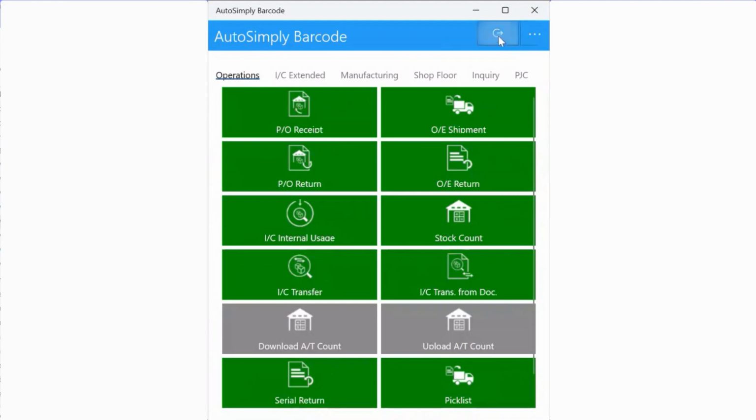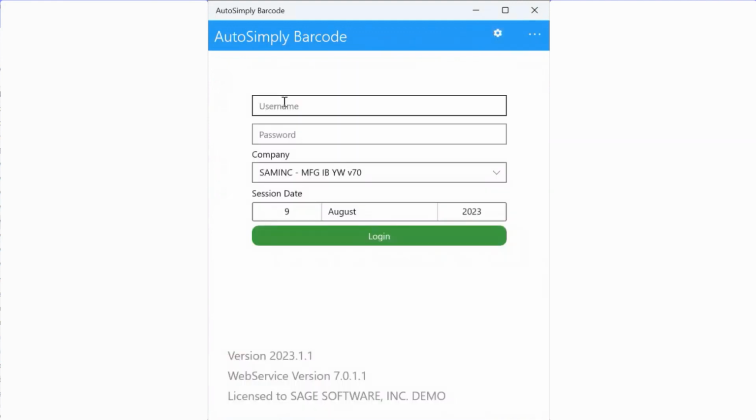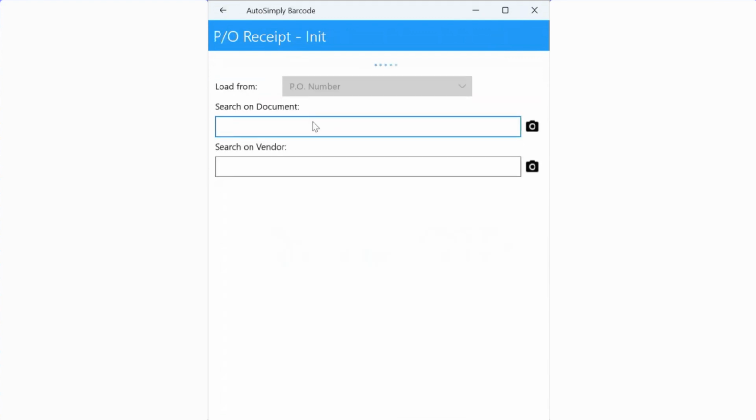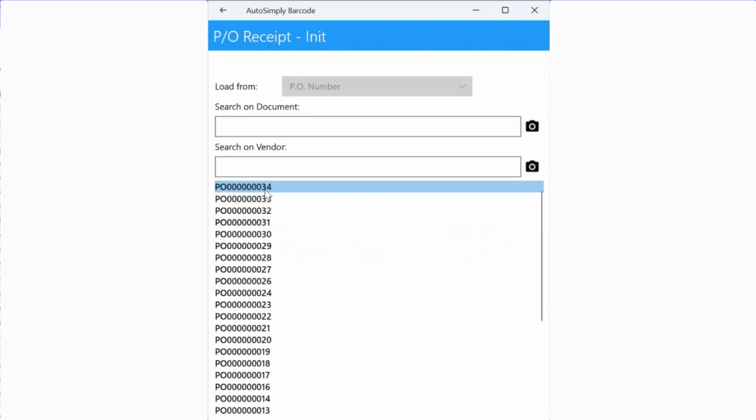Having a look at the barcode app on a mobile device, first you need to log in, user ID and password, and select the Sage 300 company that you want to do transactions for. We're first going to do a PO receipt. You can either scan or find or enter the purchase order number,